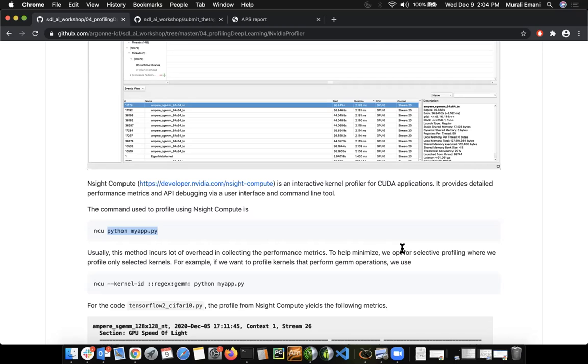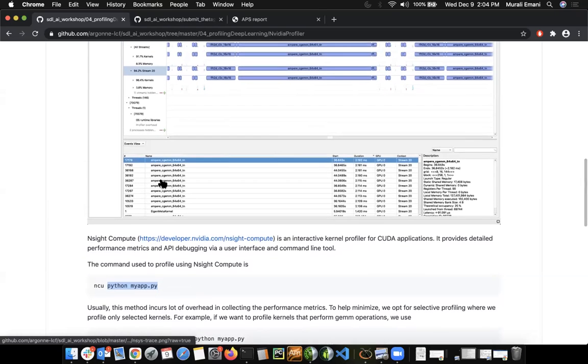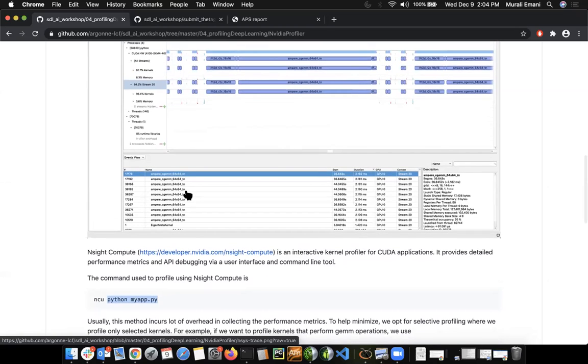For example, in Nsight Systems, we see the kernels called Ampere GEMM kernels. So we know that they implement some kind of matrix multiplication routines. If you want to focus only on those kernels, so we want to filter out the kernels which are implementing those GEMM routines internally, what we can do is